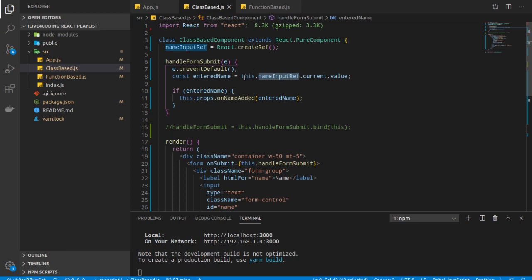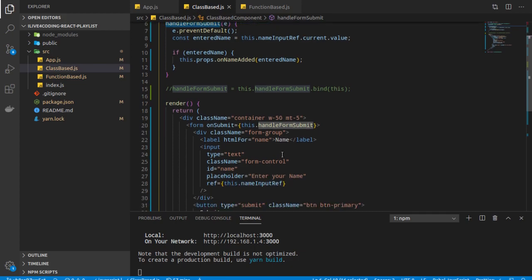Because why? Because this is a dynamic thing, right? It's not bound when we create, it's bound when we call, right? So when we call this particular function, in reference to what we are calling, that is set as the this. So this keyword's value is set dynamically on the basis of in what context we are calling this particular function.